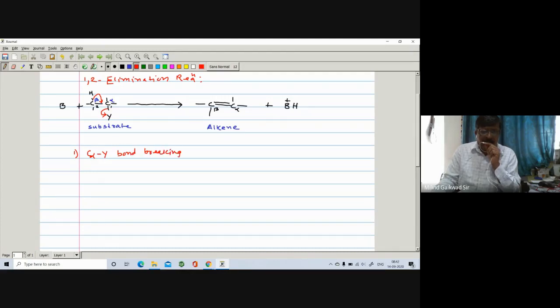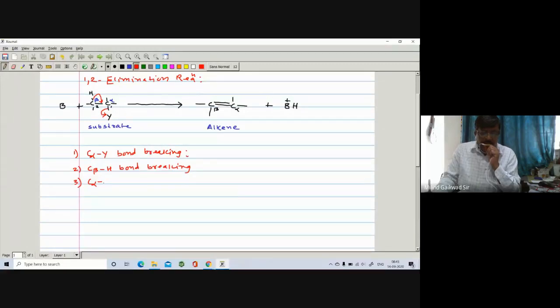Breaking of a C alpha Y bond takes place. Number 1 steps. Number 2, here you see that there is again a breaking of C beta H bond. So the bond between C beta and H also undergoes bond breaking. So these are the two bond breaking processes. And at the same time, you will see that number 3, there is a formation of